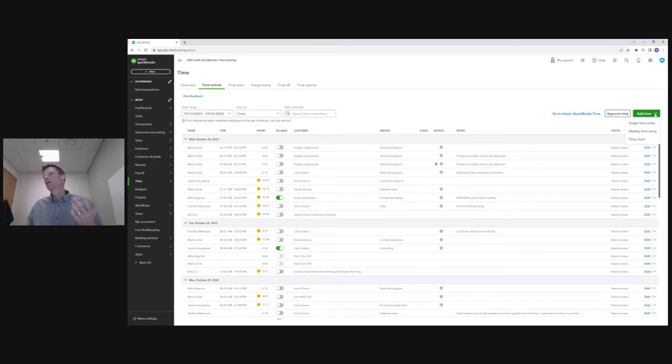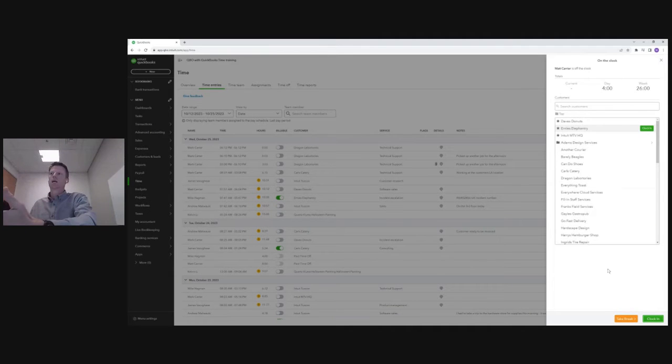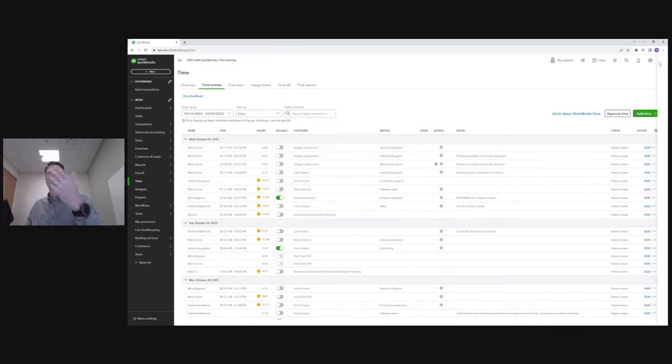The last way is the clock in, clock out experience. Most people are going to do it on the mobile app, like Kelvin just showed, but there is a way to clock in and clock out here. It's a similar experience to what you just saw on the mobile app, and I can clock in here as well. Now, speaking of clock in, once you do that, you can also then go back and see when people